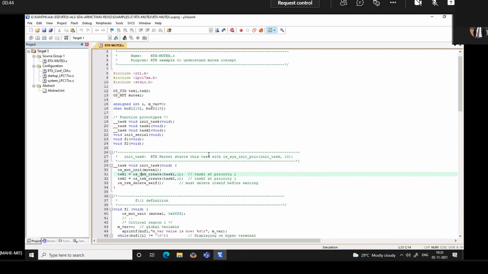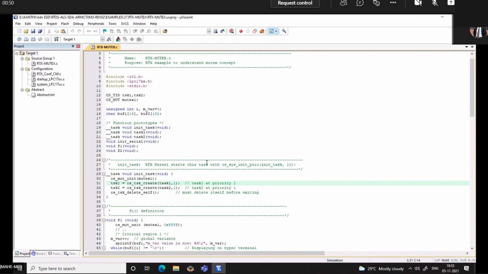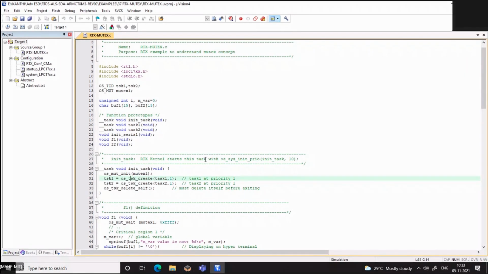The operating system, when it is handling multiple processes, shares resources among the various processes. For that, we have seen the different kernel objects. One of them was the semaphore, and the next is the mutex. So we were talking about the mutex.